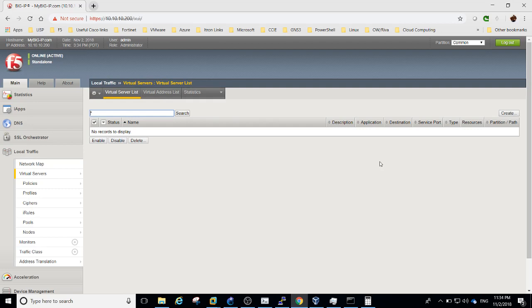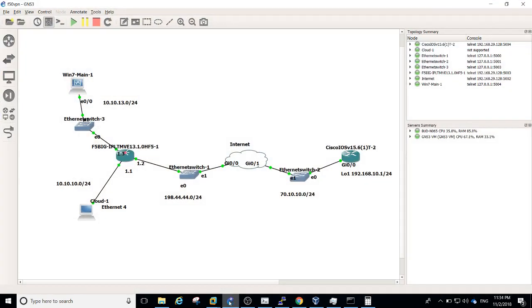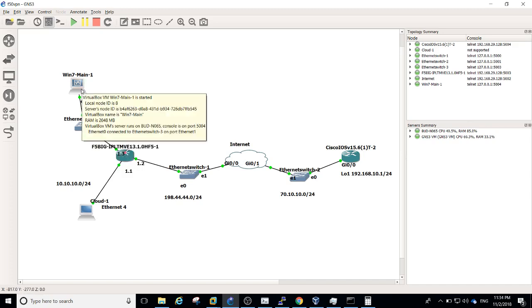Because when you are doing load balancing with LTM, the source and destination IP address in the IP header will be changed by default when you are doing normal load balancing. No, we don't want that, because maybe we want to do that on the second level, when the naked traffic is already routed somehow to the destination, then we do the manipulation. But in this case, we don't want to do any manipulation, because we want to just terminate the IPsec tunnel on this F5 and send the traffic to my LAN side, which has one host, my Windows